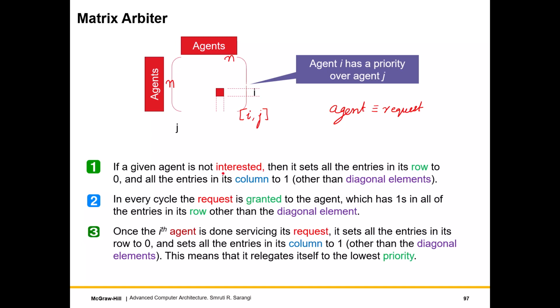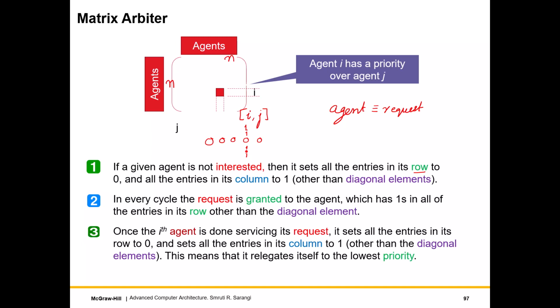So then what happens is, if a given agent is not interested, then what it does is it sets all the entries in its row to 0. So it sets everything to 0. And all the entries in its column to 1, of course, other than diagonal entries. So diagonal entries don't matter. So this is basically like saying that, look, everybody else has a higher priority than me, right? So for that, I set my row to 0 and column to 1,